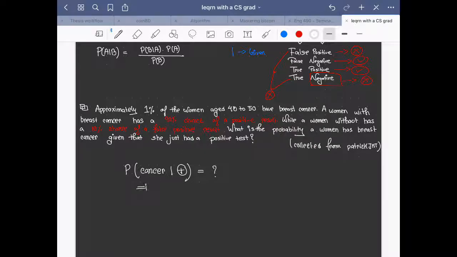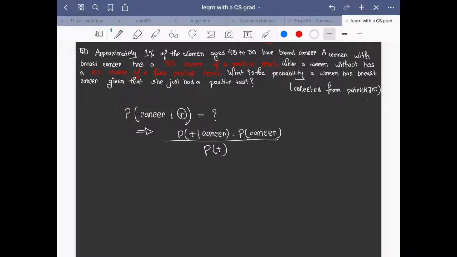So according to Bayes' theorem, the situation would be: the probability that she is tested positive for cancer given that she actually has cancer, multiplied by the probability of the woman having cancer, divided by the probability of the test being positive. So